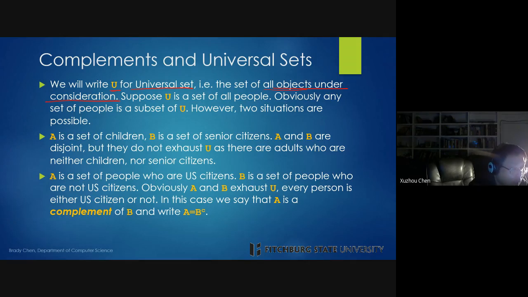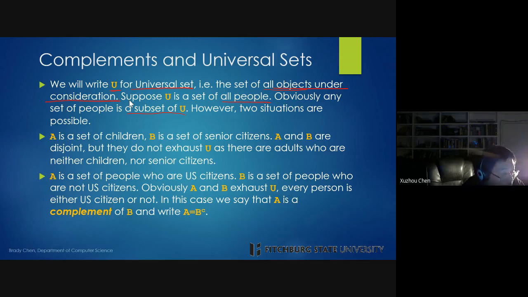Now, suppose U is a set of all people. Obviously, any set of people is a subset of U, right? Like I say, if we define U, the universal set, as the set of students in Fitchburg State University, then